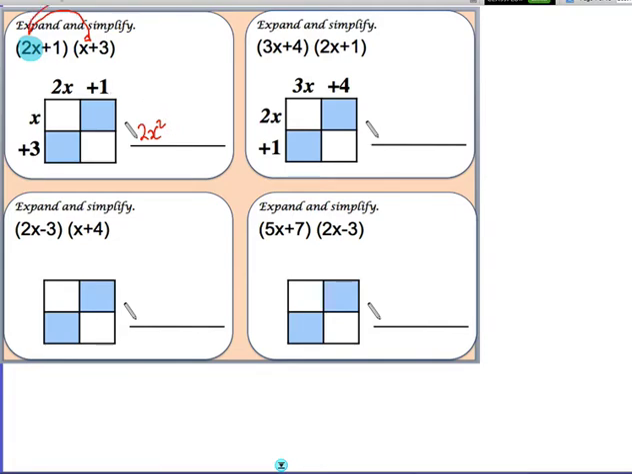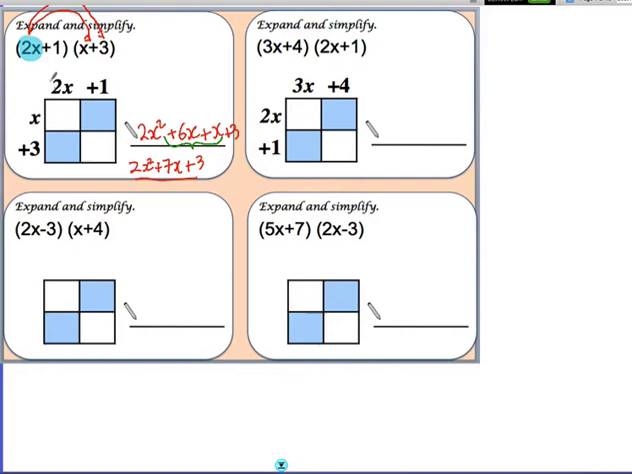Then multiply that 2x by the 3, or the second term in this second bracket, and 2 times 3 gives us 6, but we still got an x, so it's a plus 6x. 1 times x is just an x, and 1 times 3 is plus 3. Now you want to simplify or collect the like terms, which is just these two, and you're left with 2x squared. Now 6x and 1x make 7x, and you still got a plus 3,